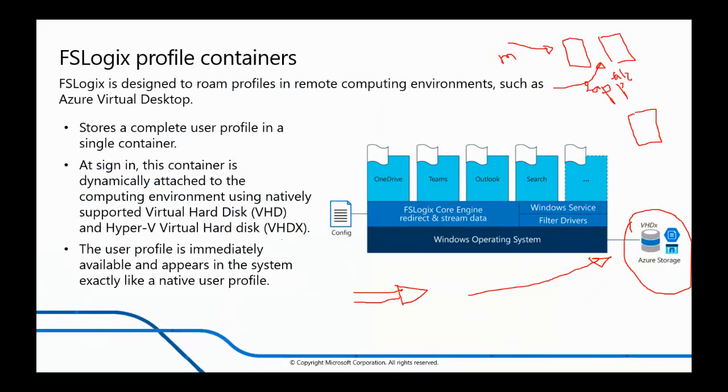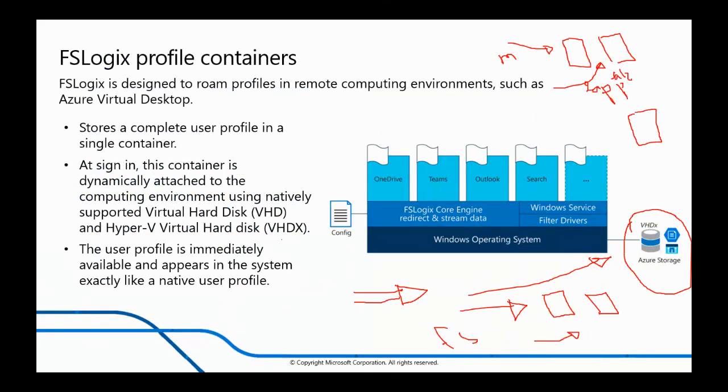A user profile, as we know, contains all the elements related to that user, like the files, the applications, the data he is using. Whenever he has a personal profile, this profile will be loaded for him whenever he logs in. But if he is sharing a shared profile, all the data of these shared users will be the same. So it is the role of the FSLogix to get this profile and load it to the user